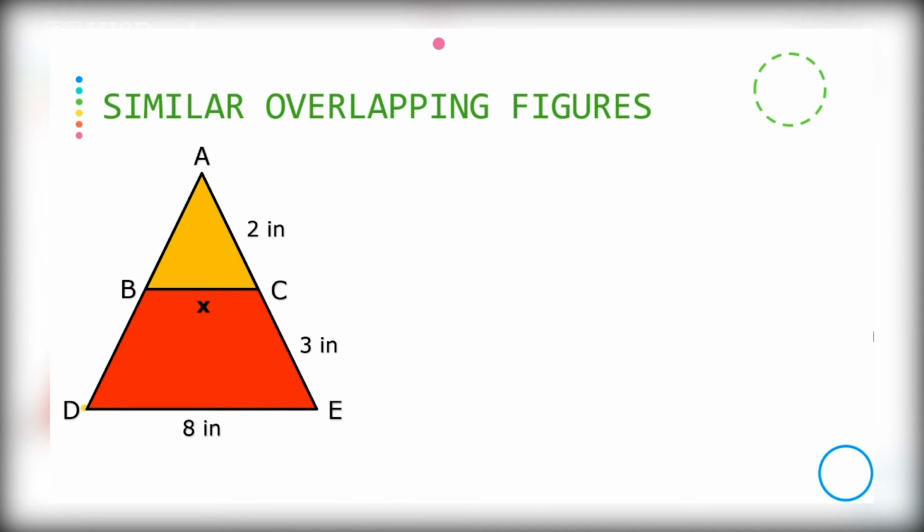And now we're gonna learn how to find the missing side of two similar shapes. But now, as you can see, they're drawn one on top of the other. They are overlapping. So the first step for our strategy to work is going to be for us to draw these two triangles separately. So I'm going to start with that orange small triangle ABC, and I'm gonna make sure